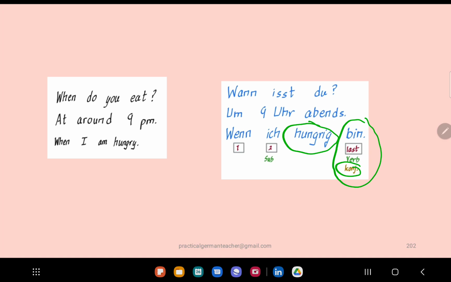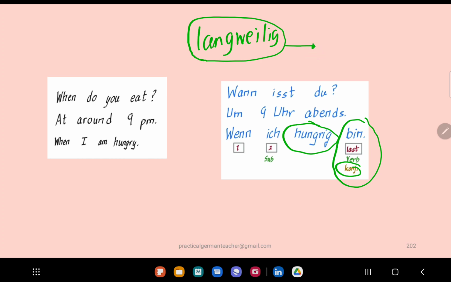Okay, so let's say you want to say when I am getting bored. If you don't know what it is, when you're thinking of bored in German, how do you say bored? It is langweilig. Langweilig is an adjective, so you can use it to talk about, the film is boring, the film is langweilig. You can also use it to describe someone who you think is boring. So you can say, er ist langweilig. Or if you think you are boring, right? Sometimes it's also good to look at ourselves. So du bist langweilig. Or ich bin langweilig. So ich bin langweilig is talking about yourself.